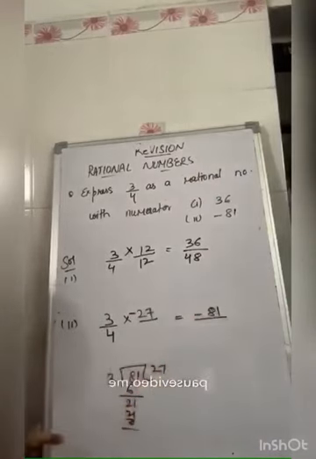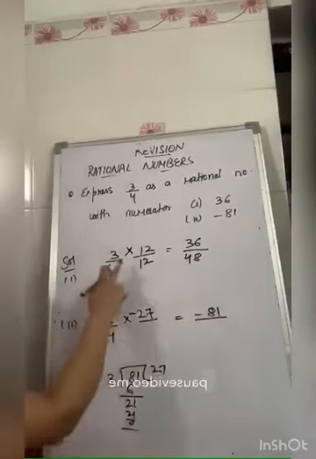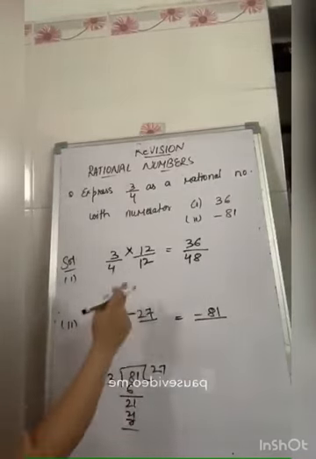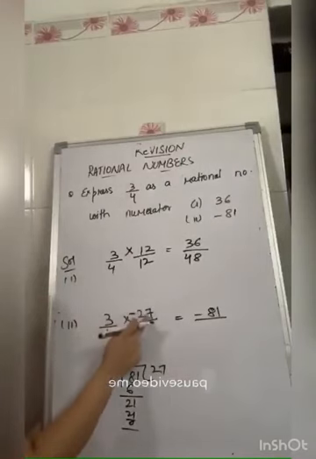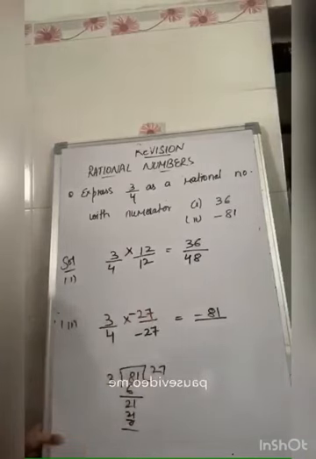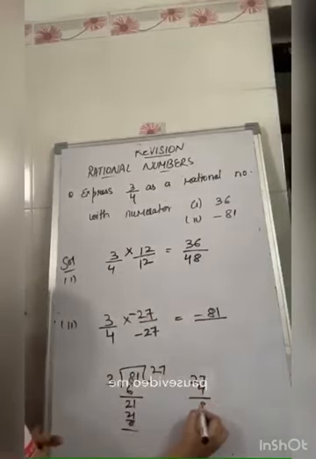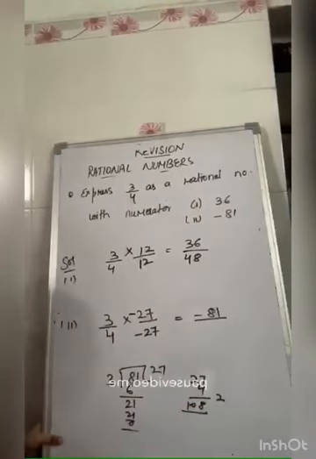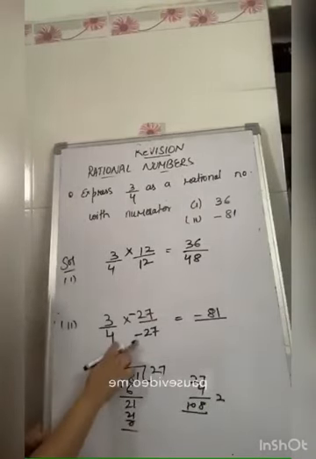So similarly as we have done in the first part, if we have multiplied the numerator with some number, then we have to multiply the denominator also with the same number. So 27 into 4, it is 108. 4 multiplied by minus 27 is minus 108.